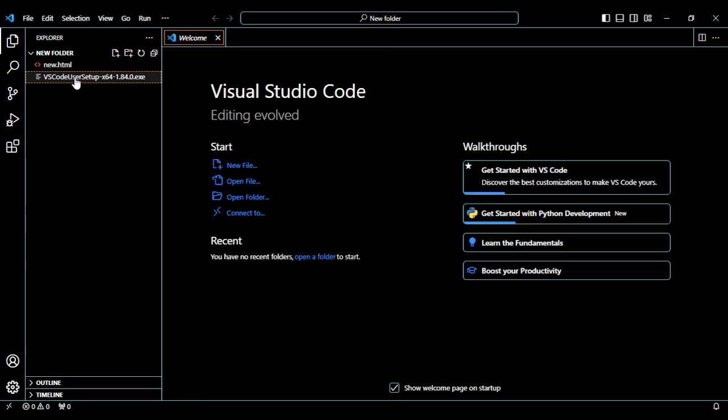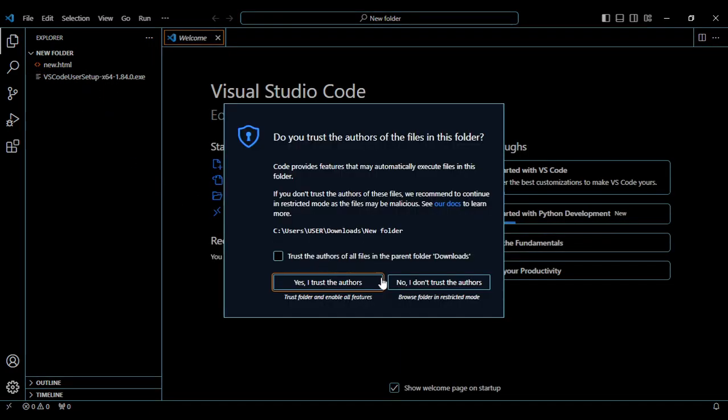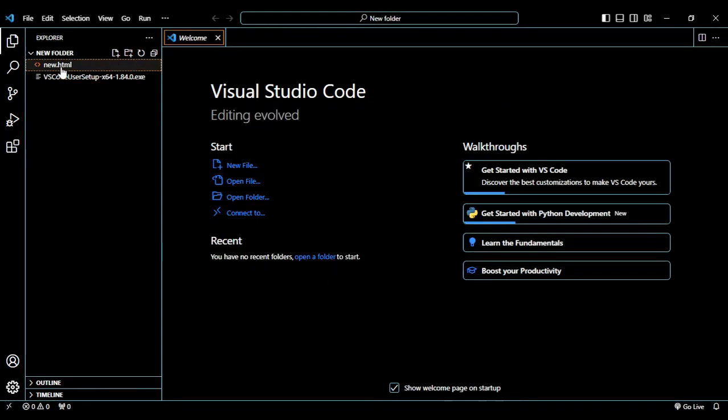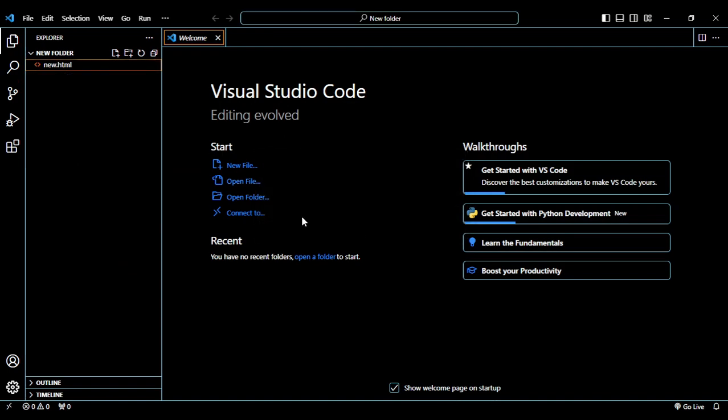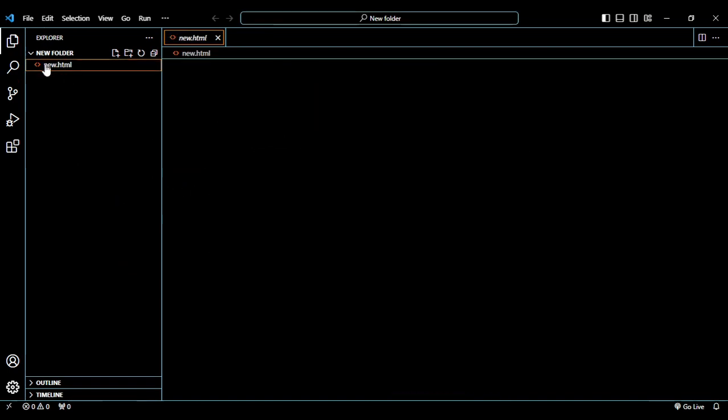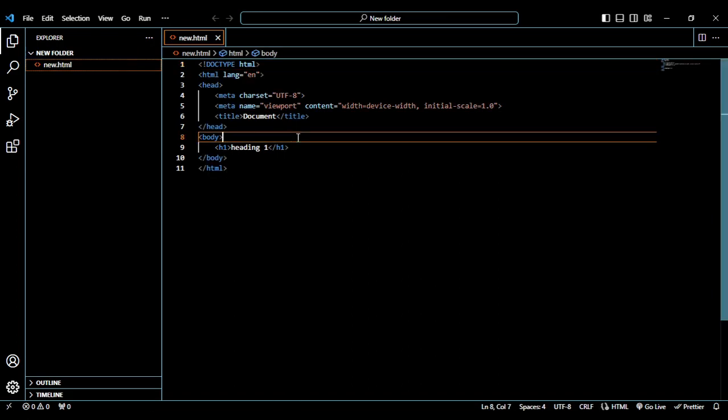So this is why I have the VS Code set up. Yes, then yes, I trust the authors. So this is the VS Code setup. I can delete it actually because I'm not using it for anything anymore. So I can just open the new HTML file. So if I save this and I decide to go live,